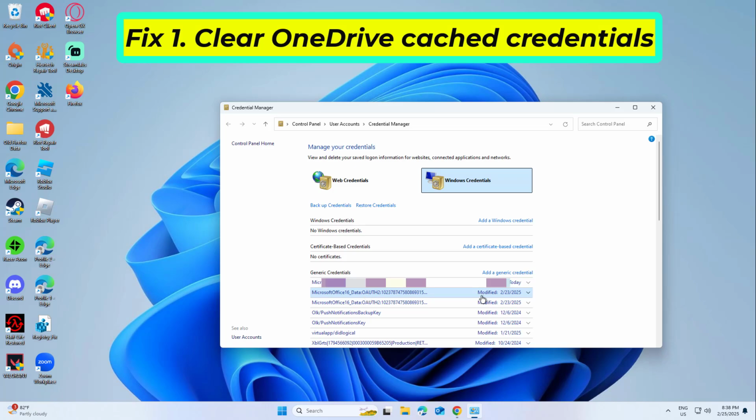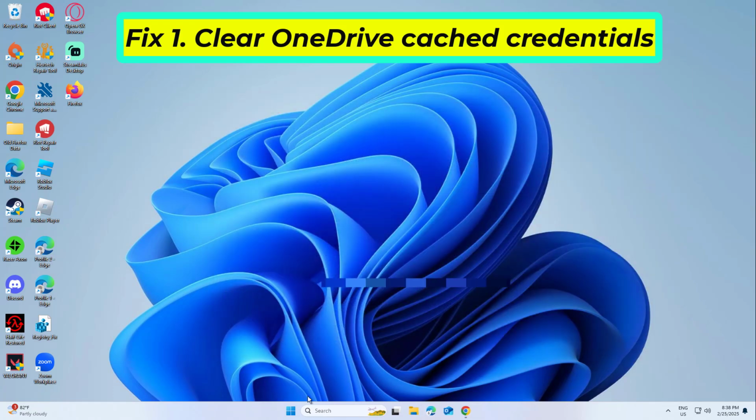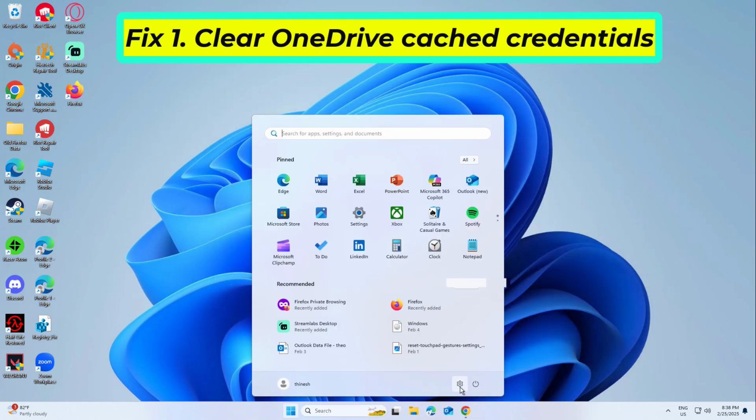Remove all OneDrive credentials as required. Sign in again. If that didn't work,